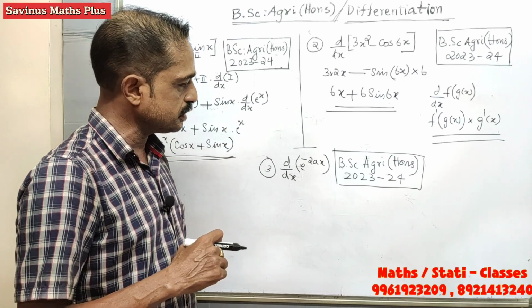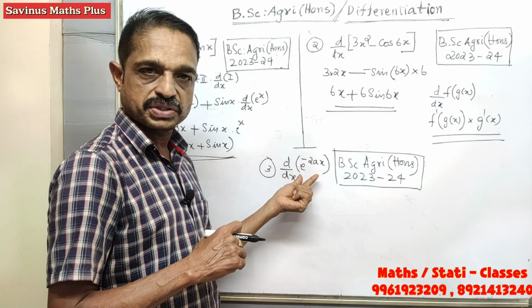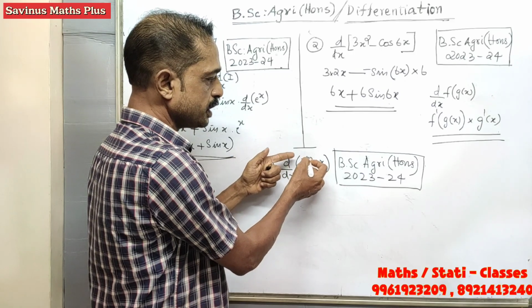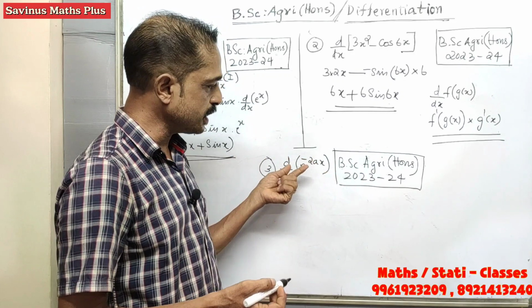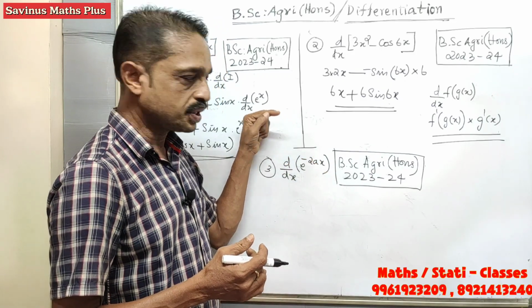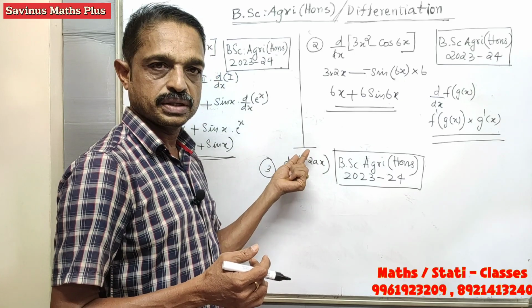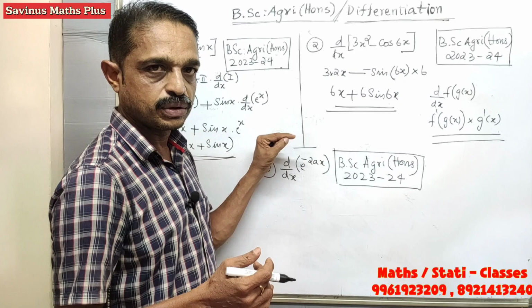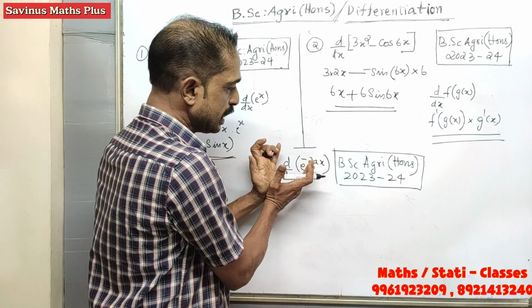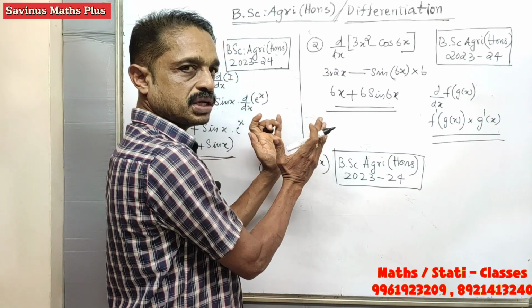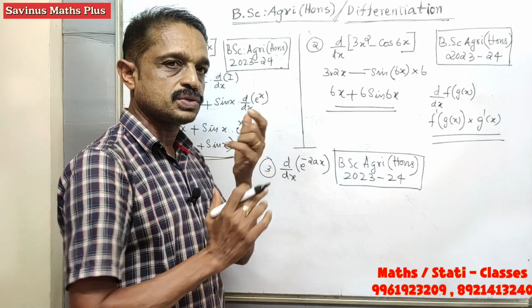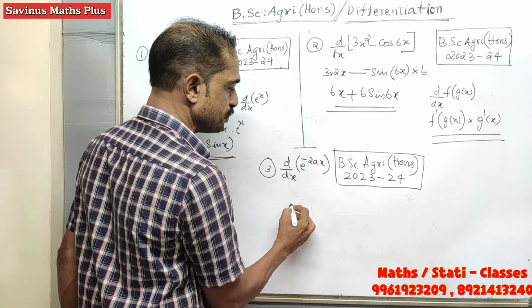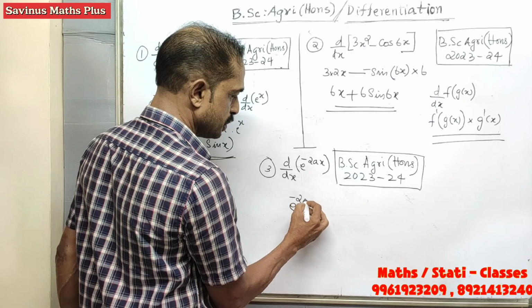So next again is a function of a function, the derivative of a function of a function. So d by dx of e raised to minus 2x. e raised to x is an exponential function. So here we have e raised to some other function. So it is a function of a function. So how will you differentiate the function of a function? The derivative of e raised to any function becomes, what is the derivative of e raised to x? e raised to x itself. So the derivative of e raised to any function becomes e raised to the same function, minus 2ax,